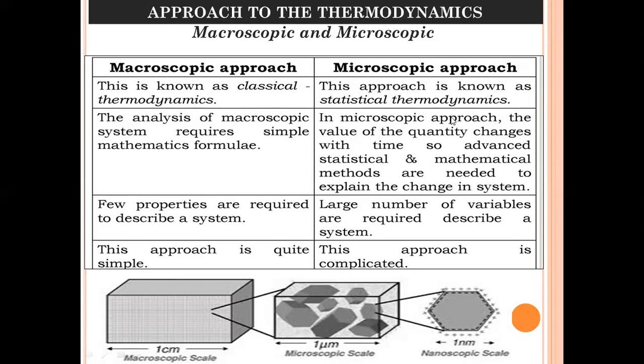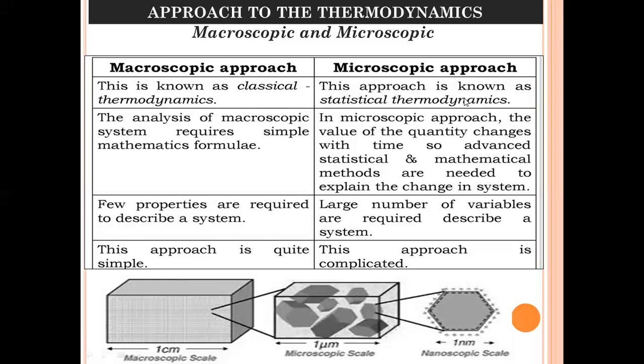And we can say that the microscopic approach to thermodynamics is concerned directly with the structure of matter. So in the macroscopic approach, we consider the system as a gross volume, and in the microscopic approach, we consider that the system is made up of a number of discrete particles and molecules, and we study the energies and velocity at the molecular level. That's why the macroscopic approach is called classical thermodynamics, whereas the microscopic approach is called